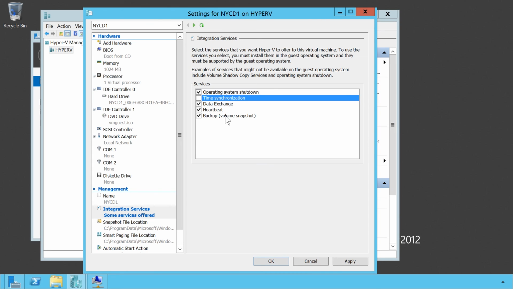Following this is Heartbeat. This causes the physical server to send a message to the virtual machine at periodic intervals. If the physical server does not receive a message back, the virtual machine may have crashed or become unresponsive. This is useful when the server is in a cluster, as it allows the cluster to detect a virtual machine